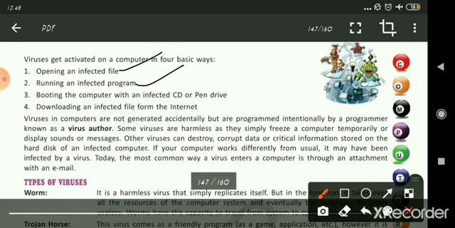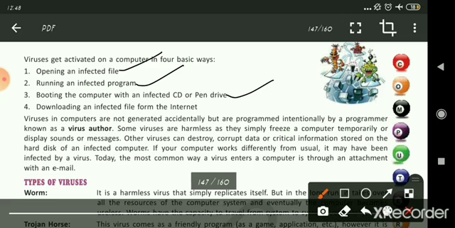You are executing a program which is infected. It has a virus. You have installed the software and just run the software in your system. Booting the computer with an infected CD or pen drive. Your friend has provided you a CD or a pen drive. He told you that there is a game or a software which you can install on your computer.